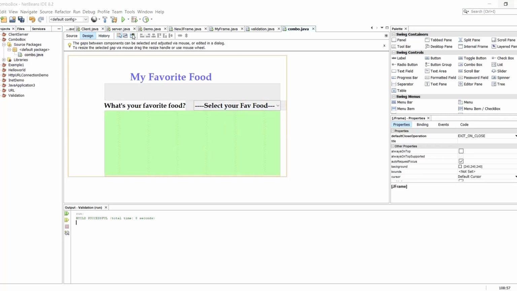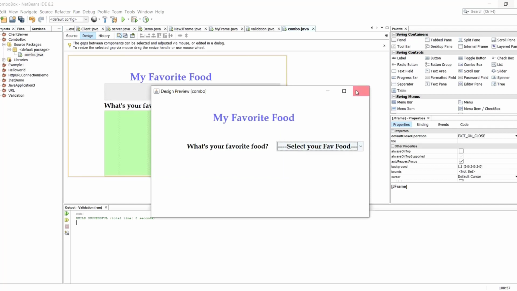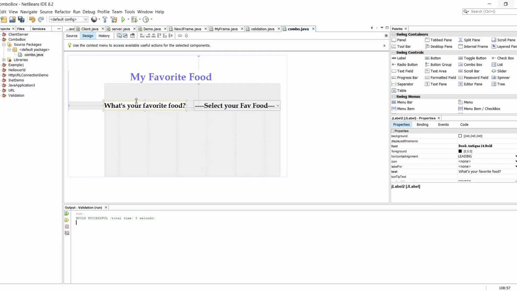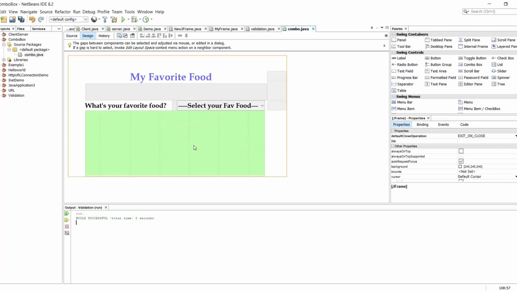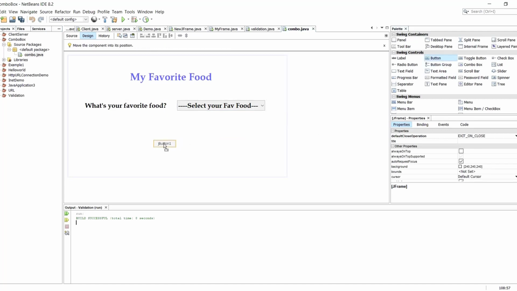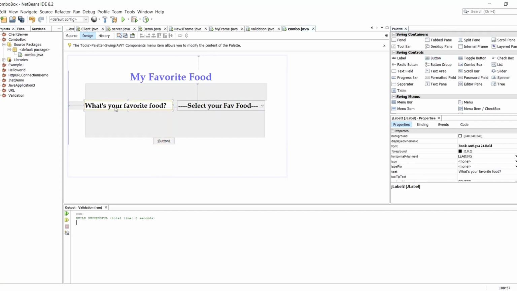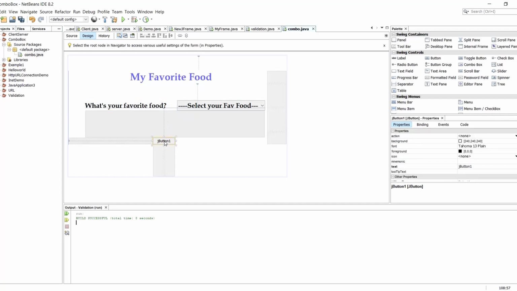So let me preview. Okay, it's going to look like this. So what I can do, maybe I will just move this one this side. Then let me have a button down there. Instead of "what is your favorite food", okay, let it be like that. So just a design. So I'm going to change this one,